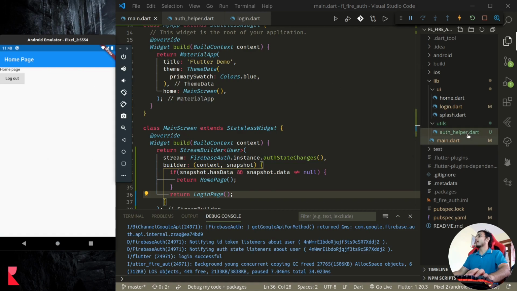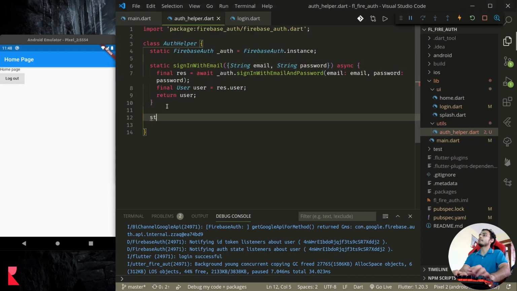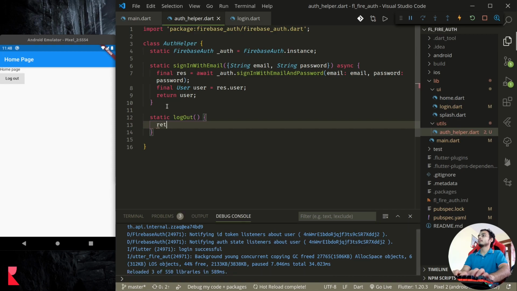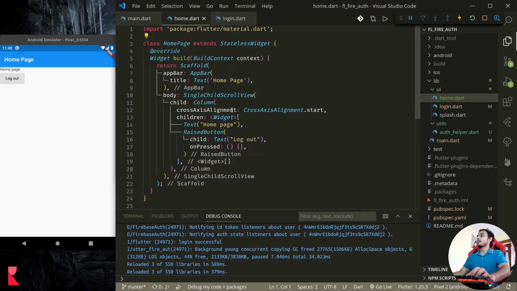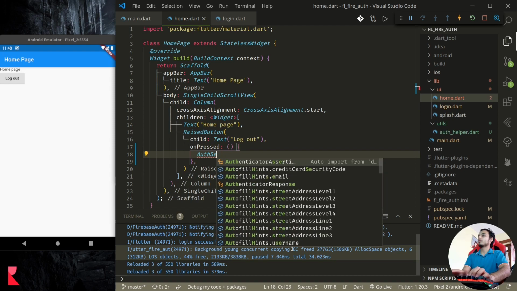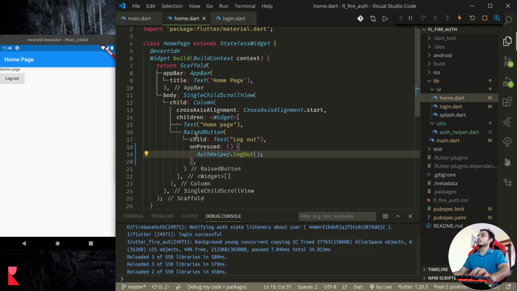Now let us create a logout button. There are no changes in the newer version. For logout we can simply call the sign out, and in home page, home.dart, when we press the logout button we just use auth helper.logout, and if it is successful we are again taken back to the login page. See,